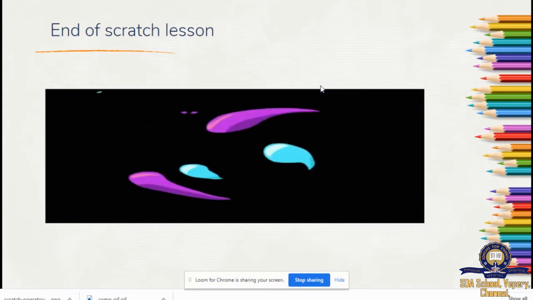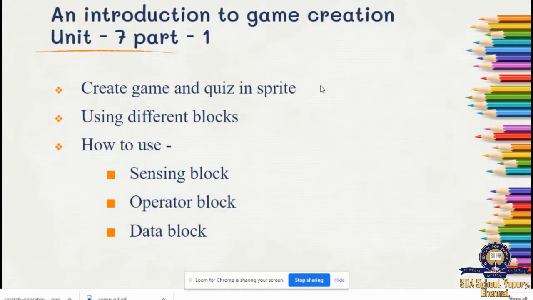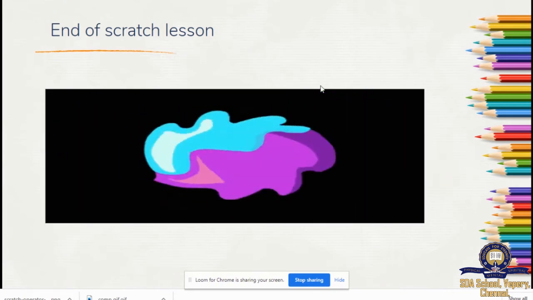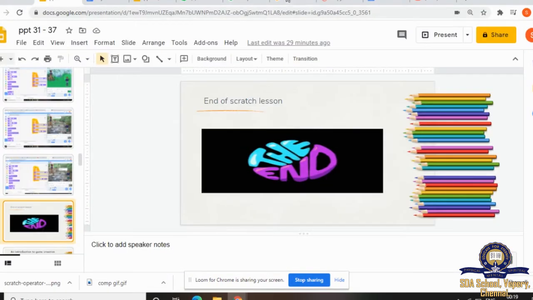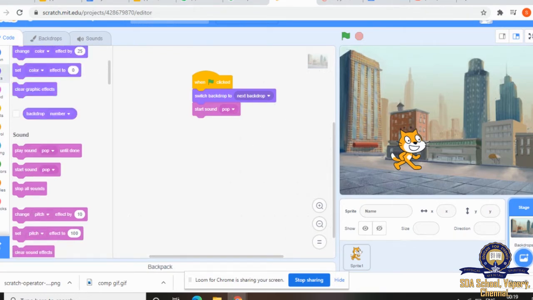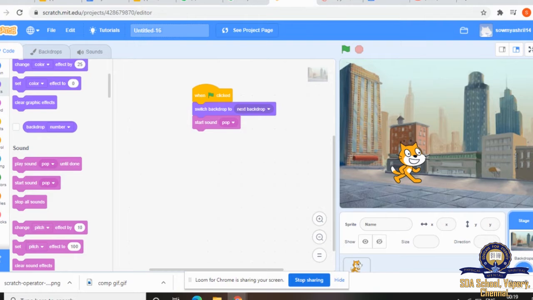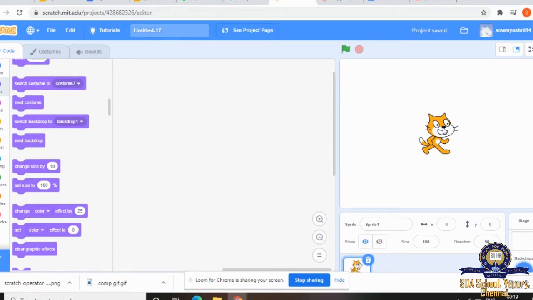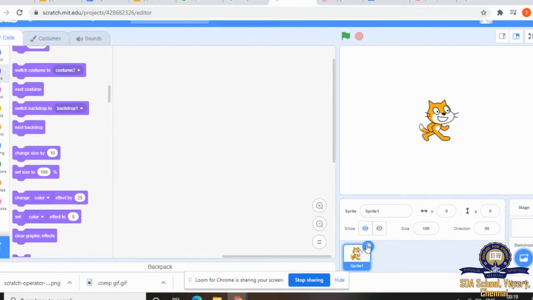I'll show you a demo of two sprites talking with each other, okay? So we'll go back to the Scratch website. Now I'll show you a new file. We'll make two sprites talk with each other. So I'll delete this cat sprite.